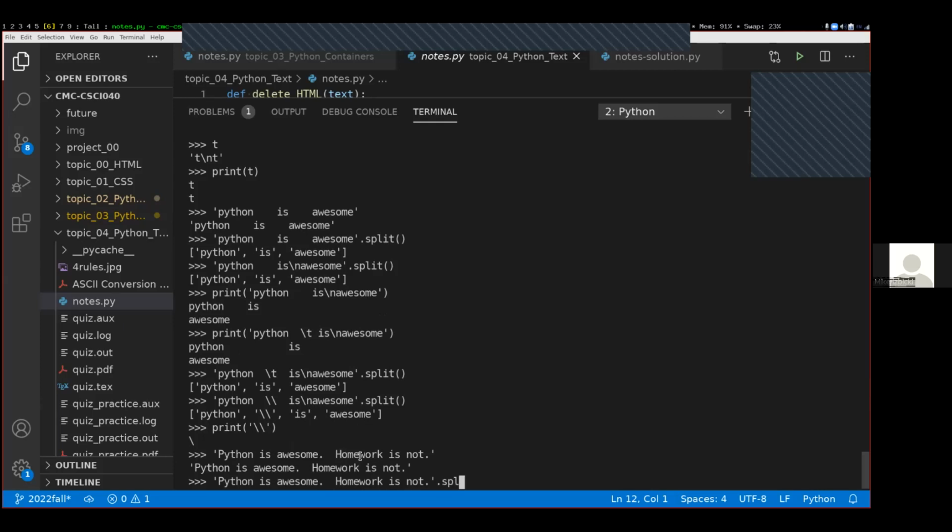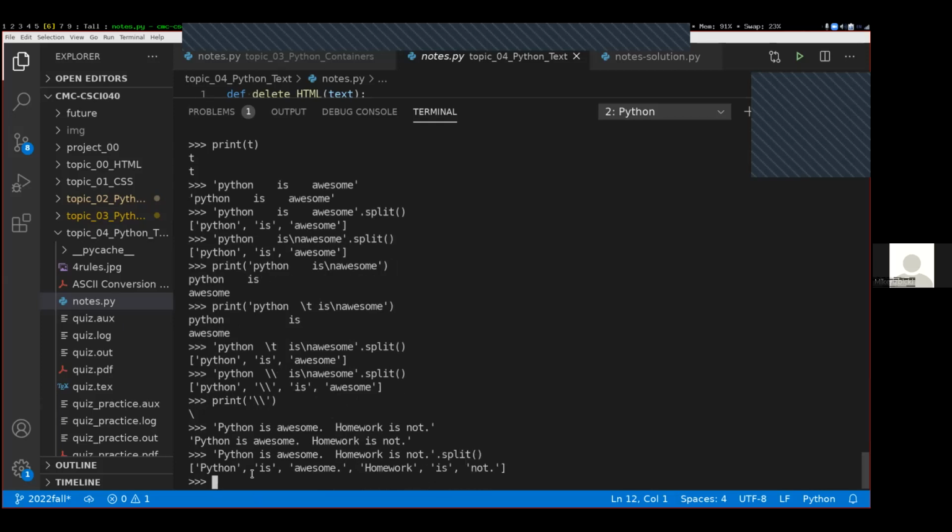If I did just a split like this, I'm going to get the individual words. These periods which divide the sentences are getting lost in here somehow. But we can tell this split function not to split on white space, but to split on something different if we'd want. If you pass a parameter to the split function,